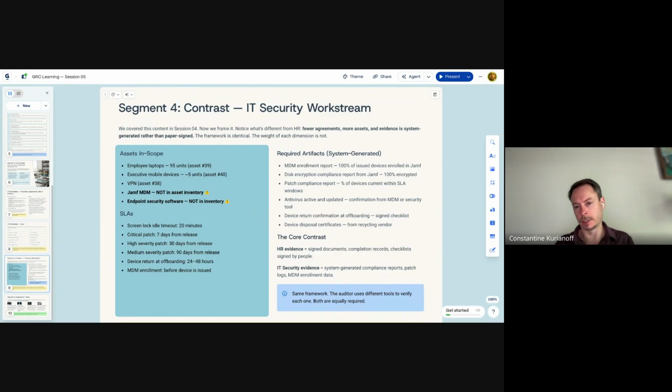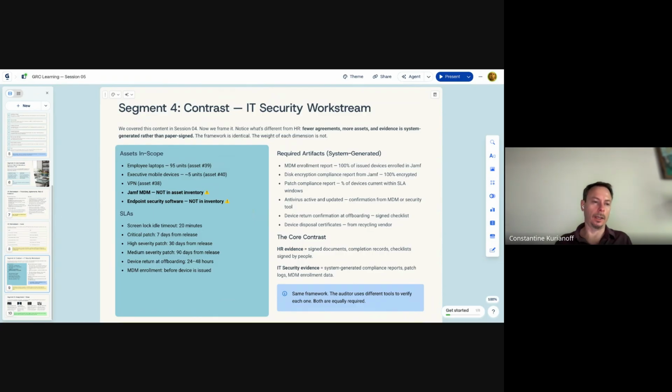Let me give you a quick example. Let's say that HR sets a goal for themselves to onboard a new employee within 14 days. Their SLA is defined and it's embedded in their playbook. So when they run their playbook, they find that they cannot do that because, let's say, the IT department doesn't have an SLA on issuing the laptop.